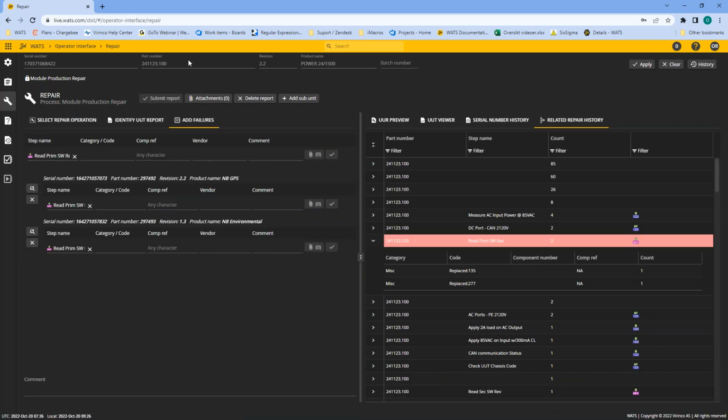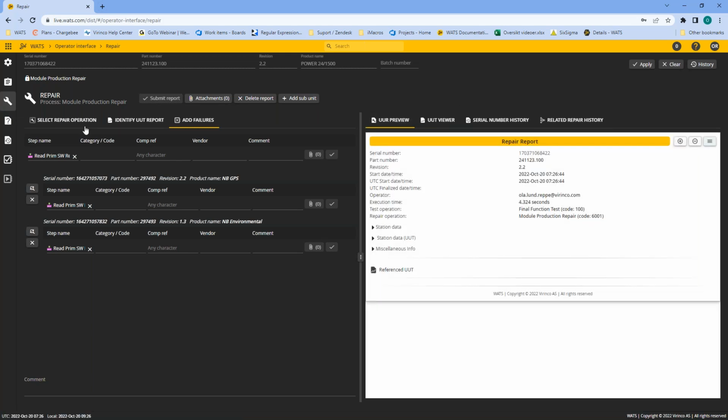Yeah, so here we go. So now, once this repair loads, it's based on a UUT report that has subunits. So once we get into the repair logging, you will see that we have the same view as before, but in addition to the one repair code we had earlier, we also have the option to add repair codes to the child units, the subunits that are attached to this